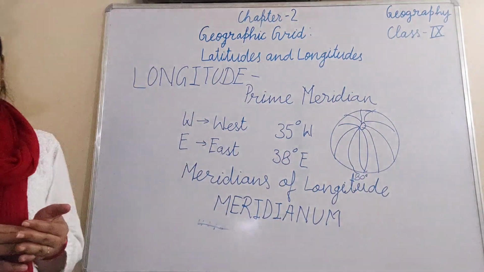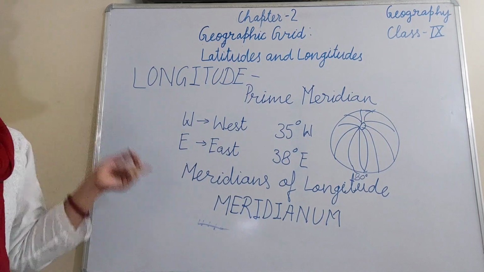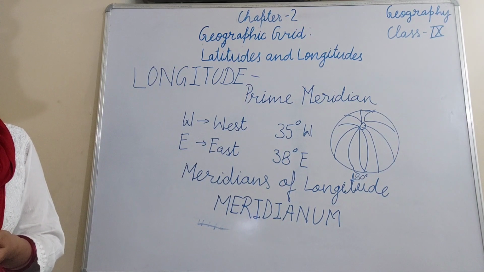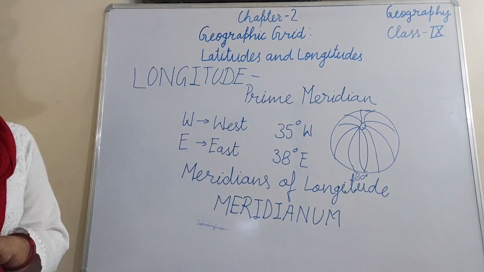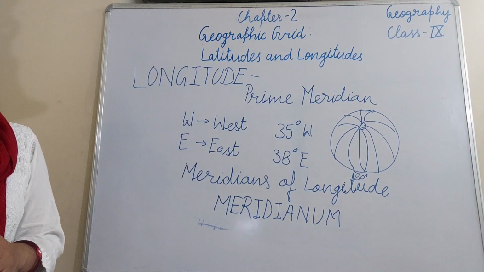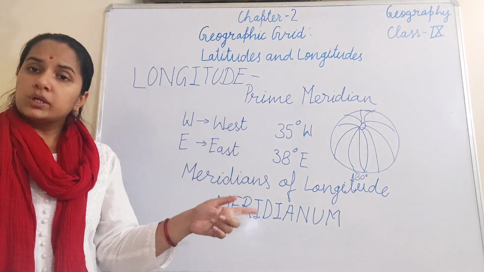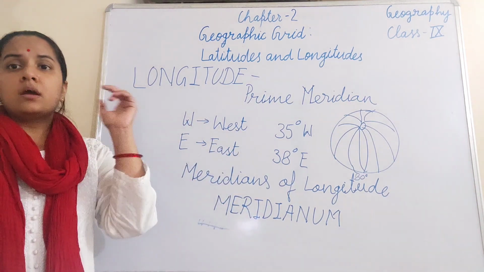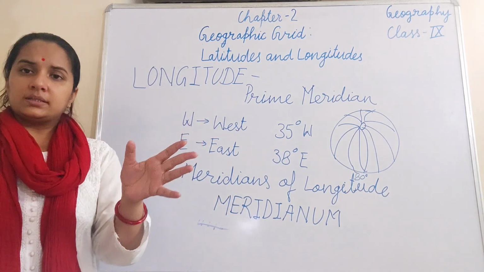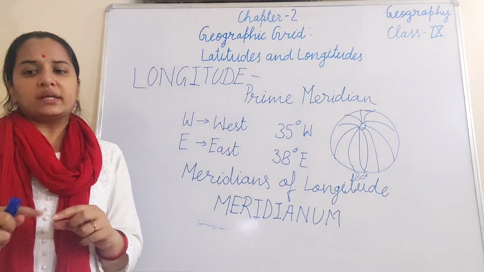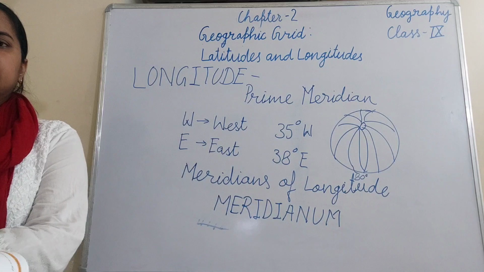to the circumference of the earth, and it takes one complete round of the earth. So at 1 degree interval from both the east and the west, other full circles will be 1 degree and 179 degree, then 2 degree, 178 degree, 60 degree, 120 degree, and likewise. But from 0 to 180 degree, it will make one complete circle.